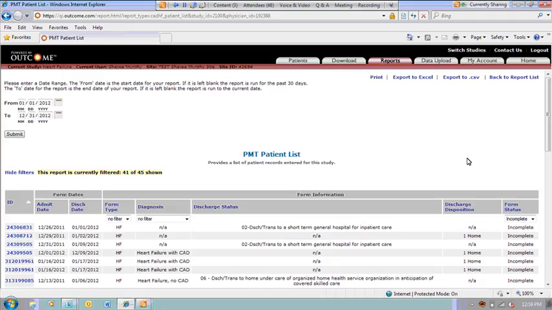So I encourage you to build that into your process, to look at this PMD patient list and make sure that your records are saved as complete. And if you currently intentionally don't save your records as complete because you don't want to fill in that information, realize that that could impact the accuracy of your reports, and you need to be really careful about, when you're saving a record, assessing that errors box and making sure that you've got everything entered that you want to be entered.